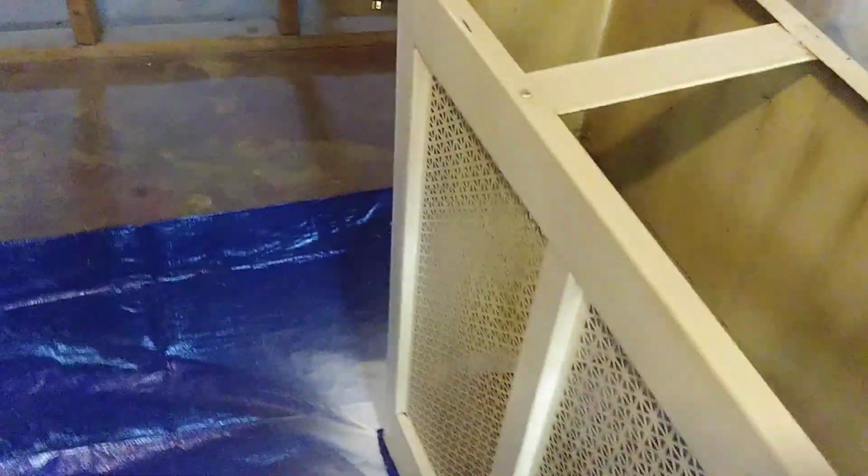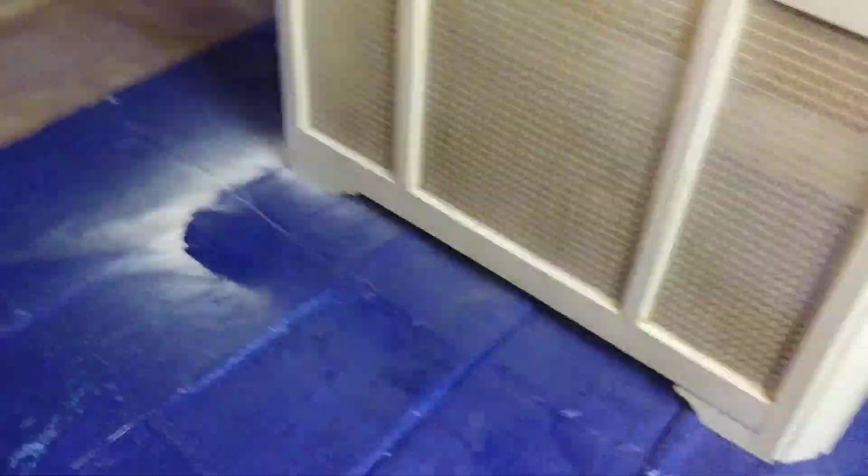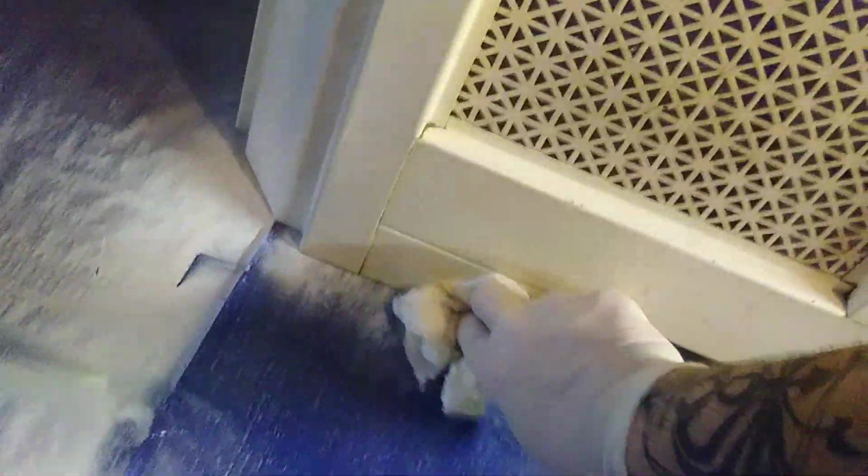Yeah, so as far as anything with, like I said, you definitely don't just want to use a dust mask because of the fumes. So, worst comes to worst, you have a fan that is pushing, where you're standing, pushing all of the paint in the opposite direction. So I just thought it was a little wet down here, so I'm making sure